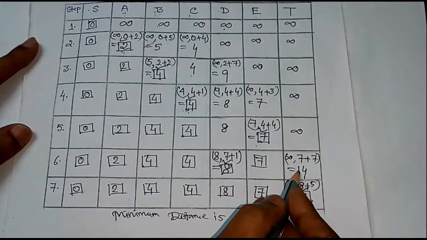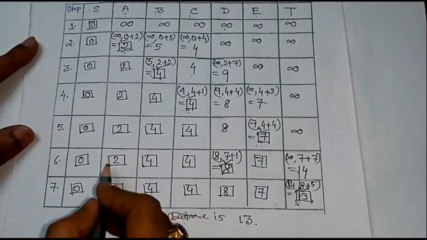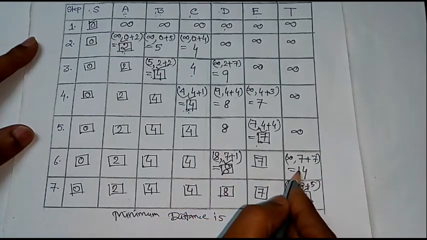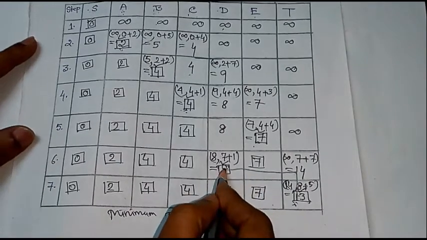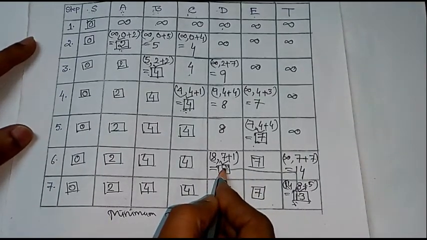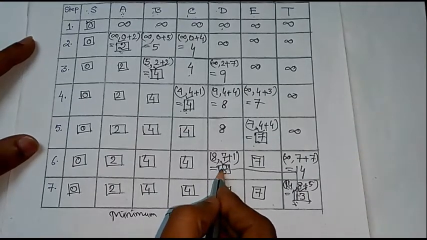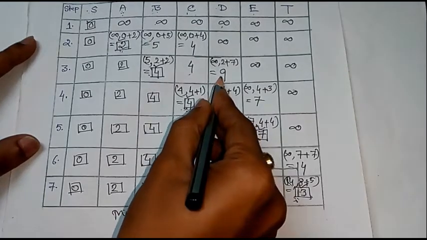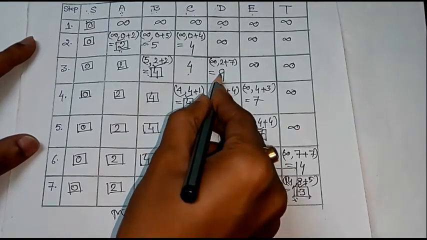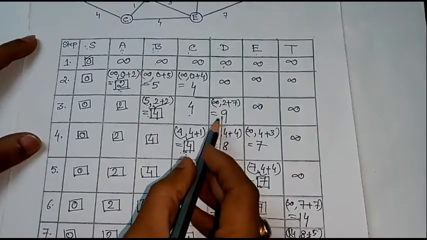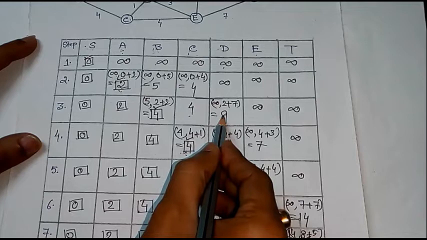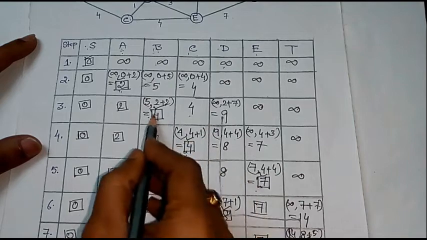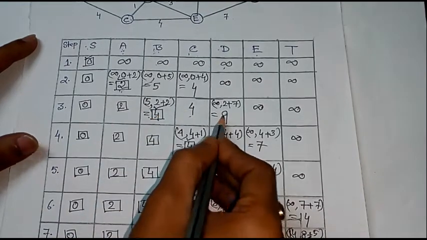Next we have to find the permanent label of that step, and here we see that in step number 6 this was the permanent label, so we move from 14 to 8. Again we have to move vertically upward until there is a change, and from here we move vertically upward 8, 8, and here is 9, so there is a change. Once we find a change, we find the permanent label of that step, and this was step number 3, and in step number 3, 4 was the permanent label, so we move from 9 to 4.